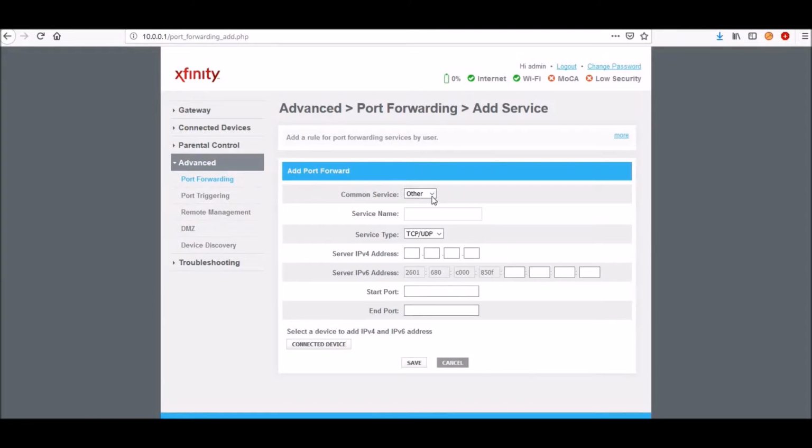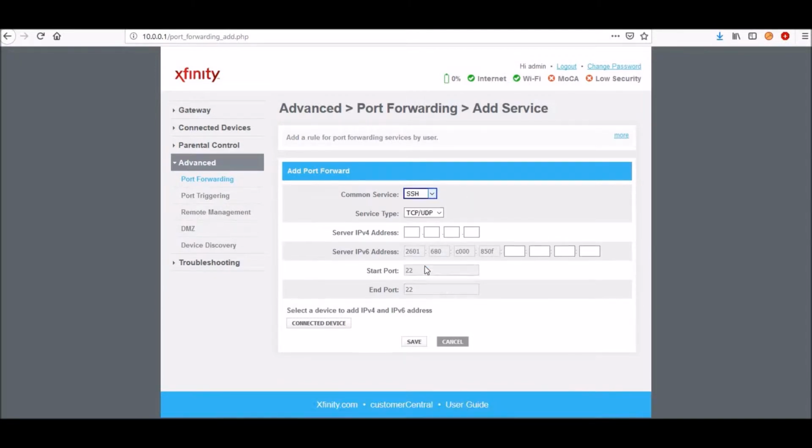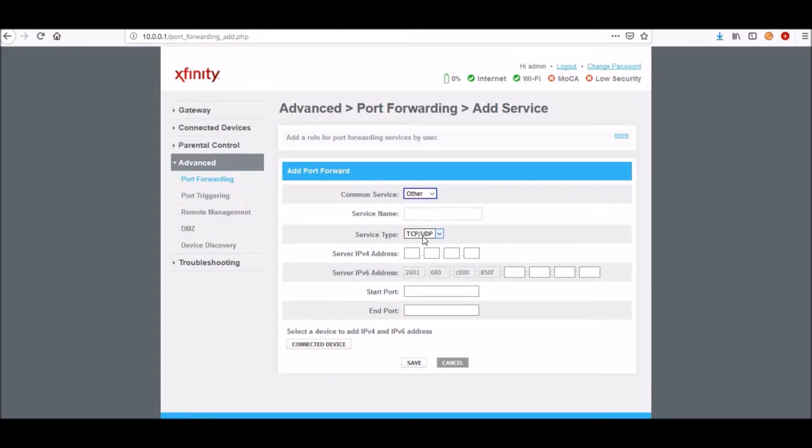Okay, common service. You can pick from all of these, SSH is on there. But the problem is it forces it to use port 22, and we need our own port. So I'm going to switch to other. Service type is TCP/UDP. Service name, call it what you want. I just called it